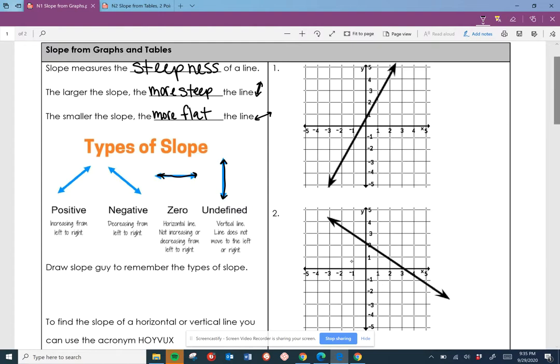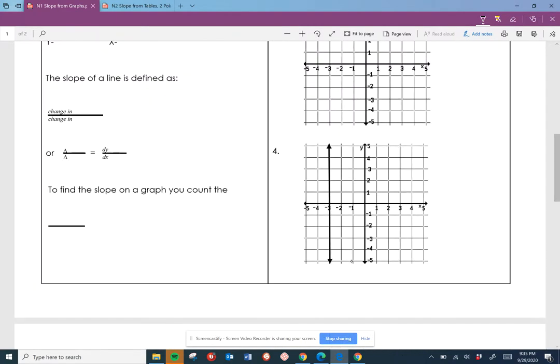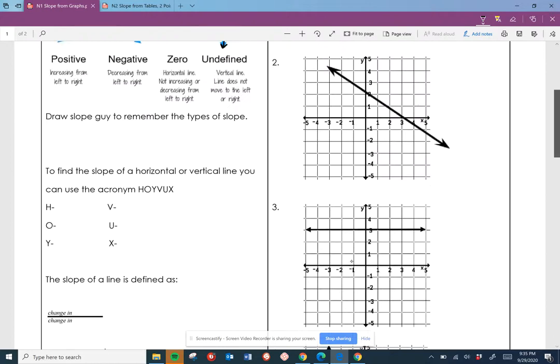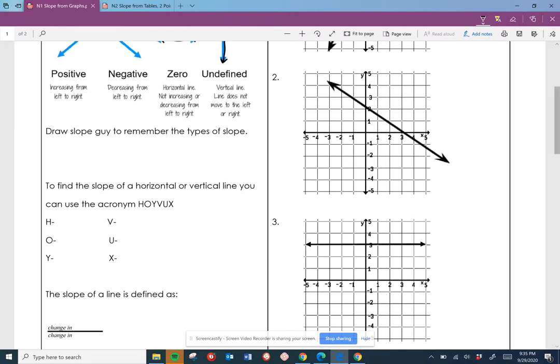We like to use a slope guide in order to remember the different types of slope. We always start off with positives because we want positive vibes in our life, and then we have his little eyebrow, which is a positive slope line. Then his other eye is the negative, and we'll draw a negative slope line there for his other eyebrow. His nose is going to be the vertical line with the undefined, okay? And then his mouth will be the horizontal line, and he'll have little zeros on the edge to help us